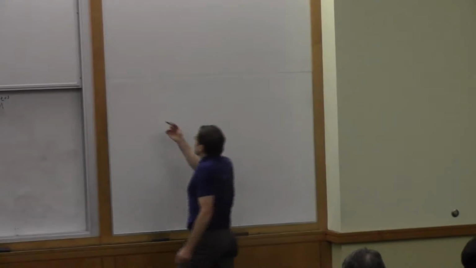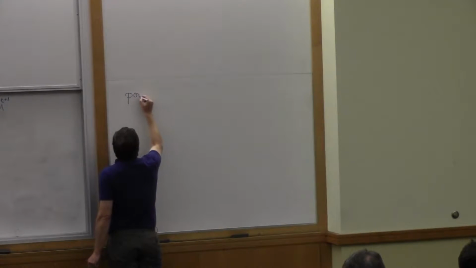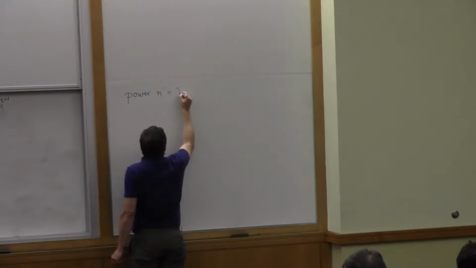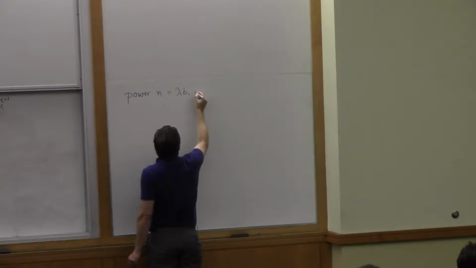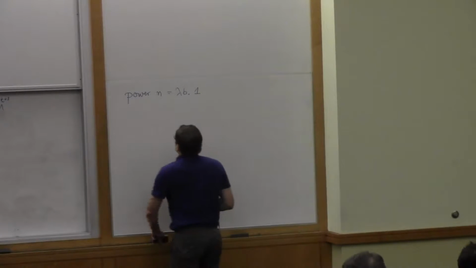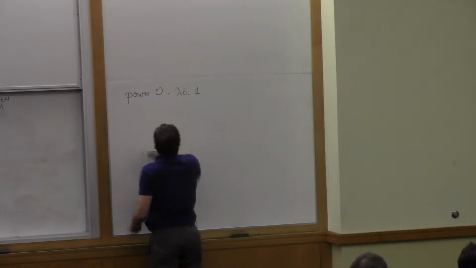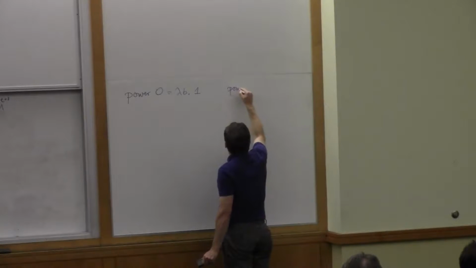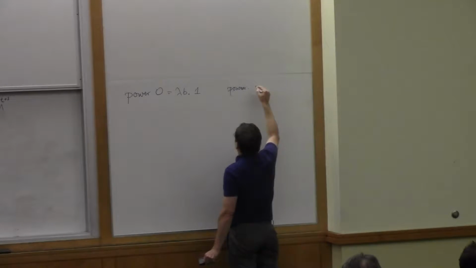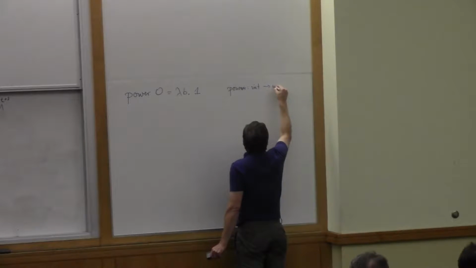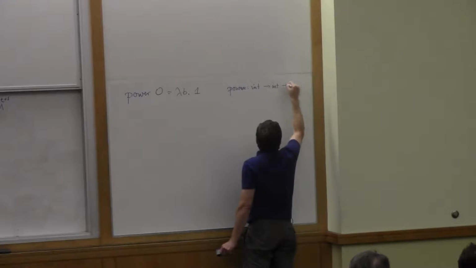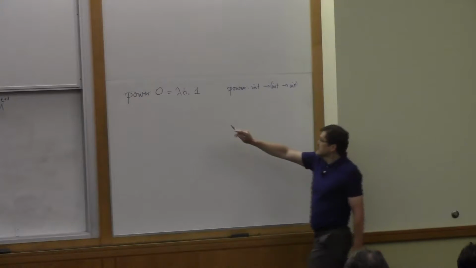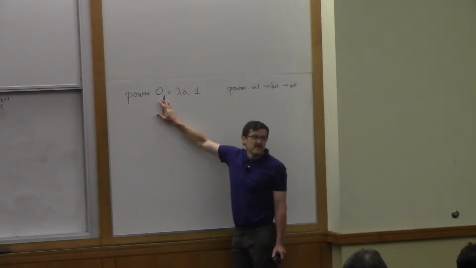Okay, so I'm going to define a power function, and it's going to have an exponent n and a base b. And for reasons of my own, I'm going to write it like this. Okay, sorry. Okay, so b to the 0th power should give you 1. So I would write over here what the power function is. Power has type int, arrow int, arrow int. Okay? Okay, anyone believe this makes sense? Power 0. So this here is the base b, and this is the exponent. So b to the 0 should be 1.